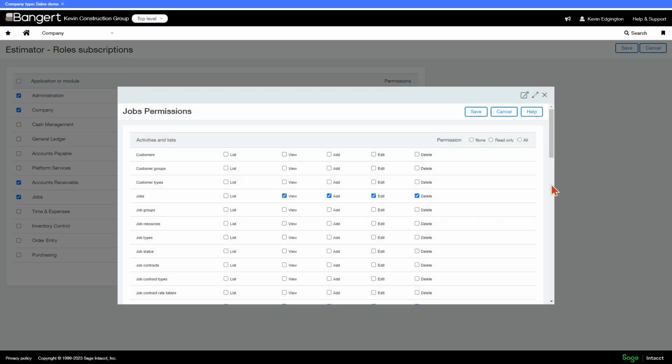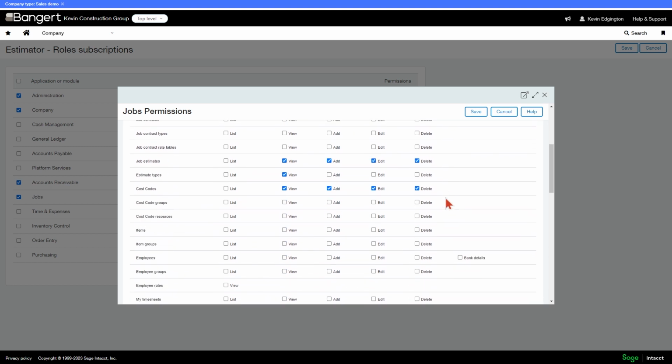And then jobs probably has the most amount of information. So with jobs, you have jobs themselves. Because estimating could set up a job, we usually have view, add, edit, delete, a few more than just view. Though in most cases, I would probably discourage setting up jobs from an estimate directly because there's a lot of settings on the project side of things that the estimator may not know how to answer or set up properly. So it's usually best to have someone that knows all the requirements of setting up a job. Probably set the job up first, but as far as the interface goes, they do recommend having view, add, edit,